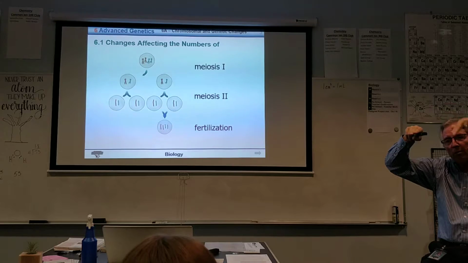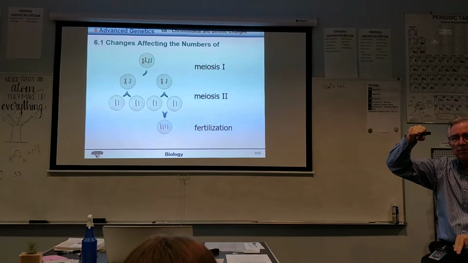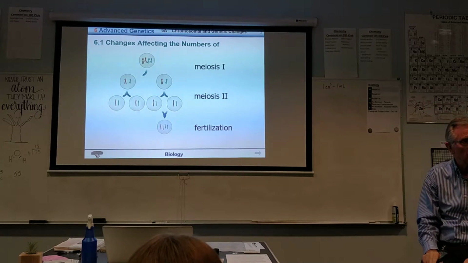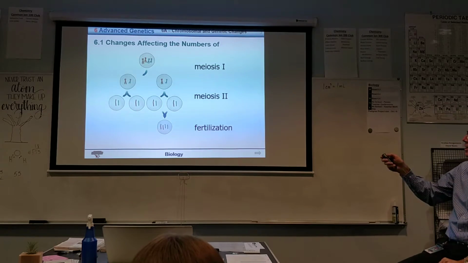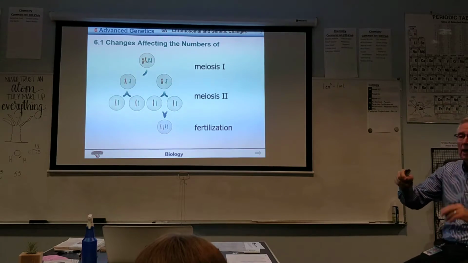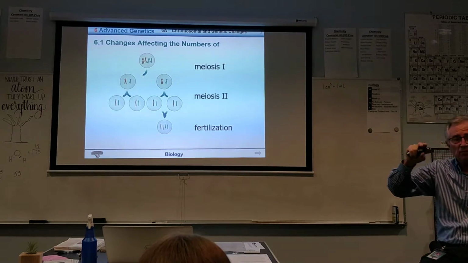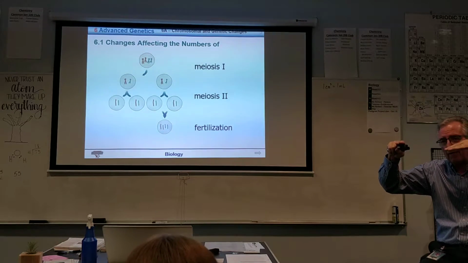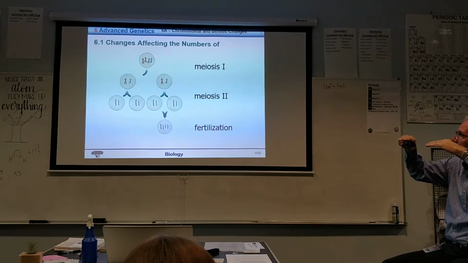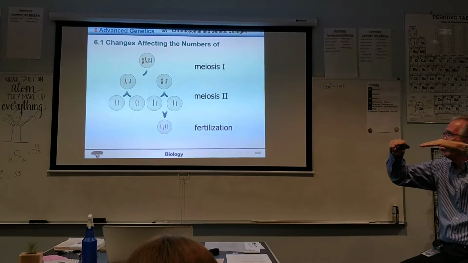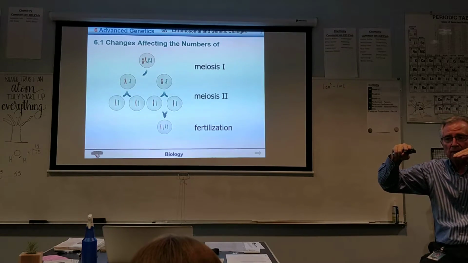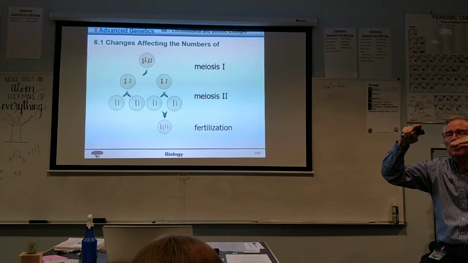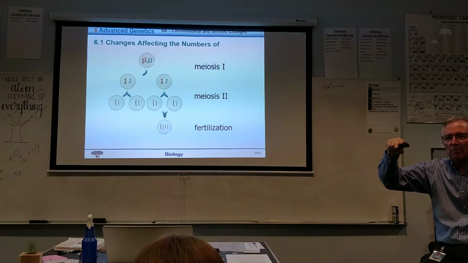Or instead of one pair of all the chromosomes, I actually have two pairs of all the chromosomes. Then in the first division process, remember, this is metaphase, anaphase, and there is telophase, I'm sorry, there is telophase, but